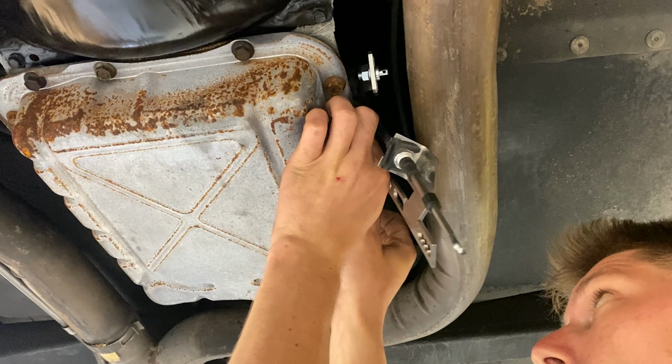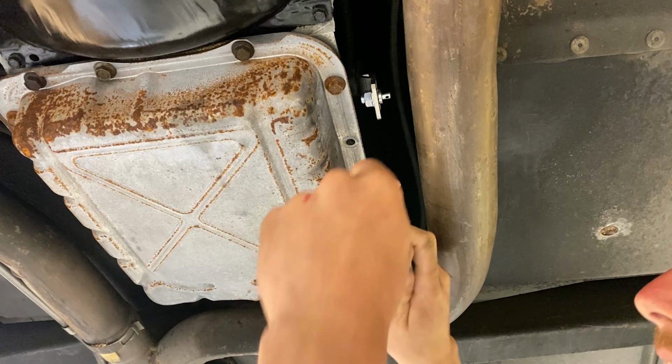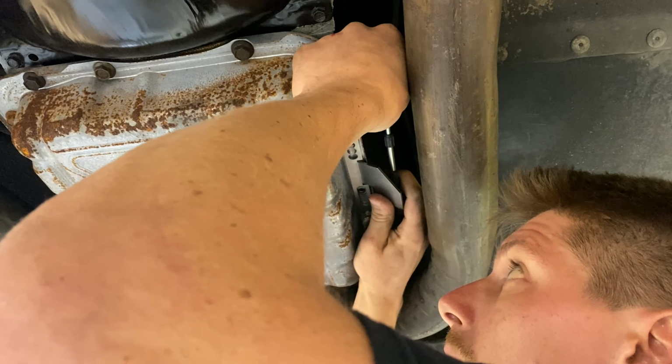And all you have to do, with the shifter also in neutral, is hold it up to the pan itself, and you have a series of holes here. One of these holes is going to be quite close. That's going to be the hole orientation that you'll want to use. But all you simply do at this point, instead of taking the clip back out, which doesn't go in very easily, is spin the pan bracket around the cable